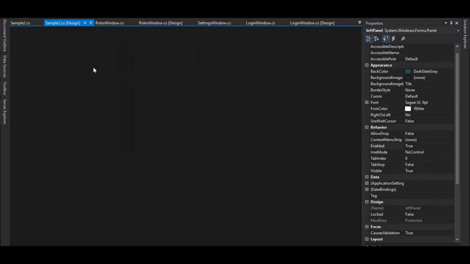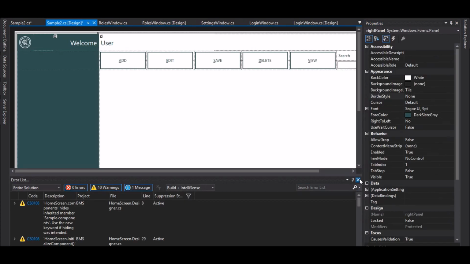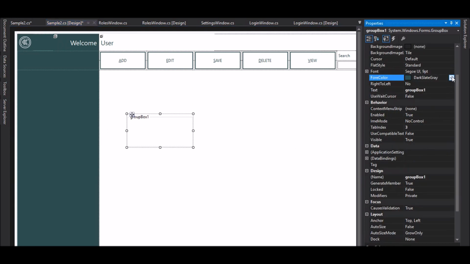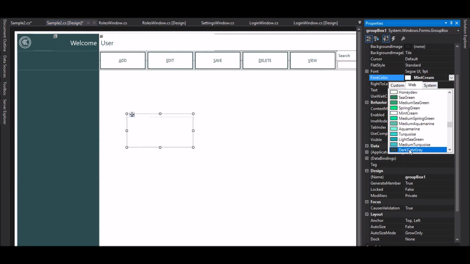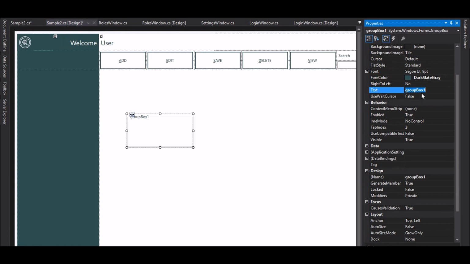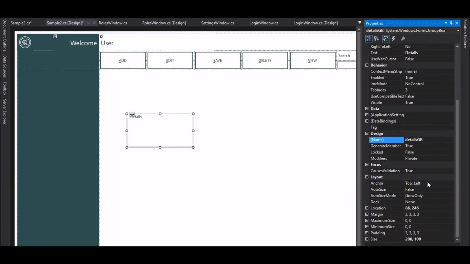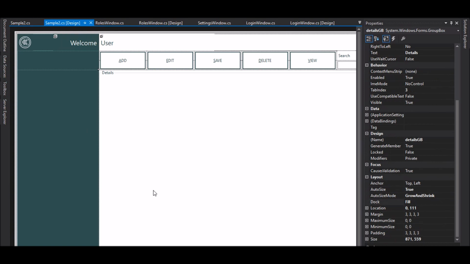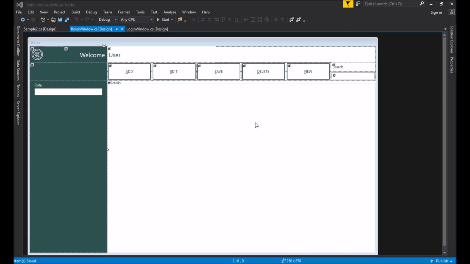Okay, and then go to the sample once again, and one thing that you have to add here is the details group box. So pick up the details group box here and change its color first, and change again to dark slate gray so that the color is updated. And then you have to write here details, and then details GB group box, and make it dock fill, grow and shrink, auto size, and dock fill. Okay, so that's my sample 2 group. Okay, one more thing that you have to do here is